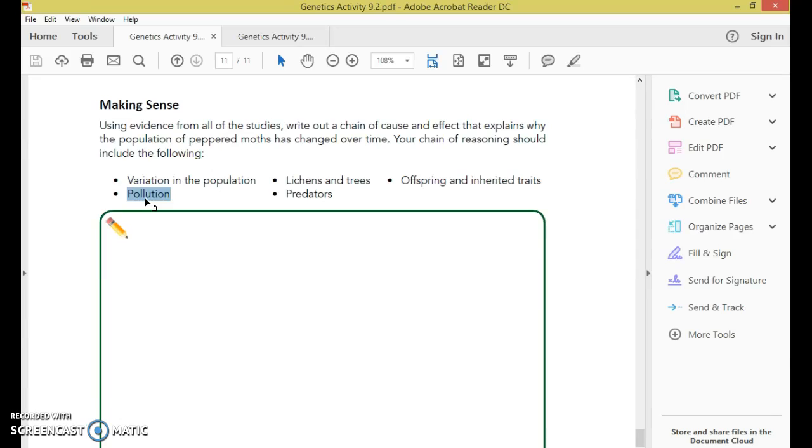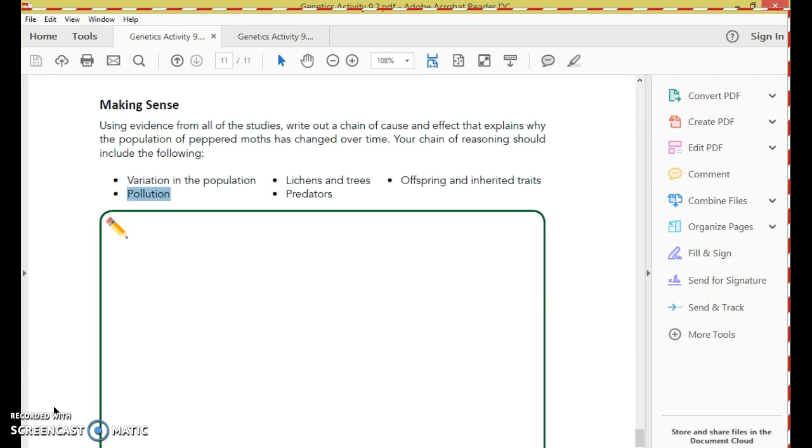So when you're looking at your order that you created yesterday, or maybe you were a little confused that you were supposed to put them in order, but when you're looking at putting these in order, I want you to make sure that whatever the first thing is causes the second thing, and whatever the second thing is causes the third thing, and whatever the third thing is causes the fourth thing. Just go back and look at your answer from yesterday and see if that makes sense. And see if you think they're in the right order or not, and if you think they're not, try to make some changes,